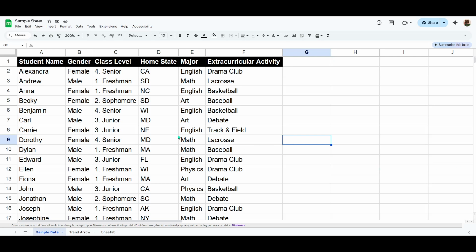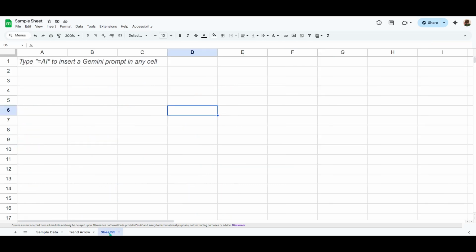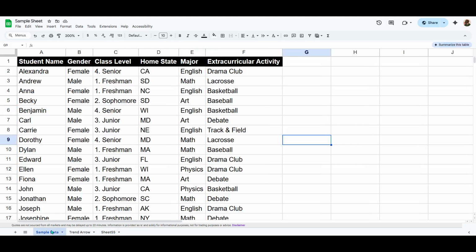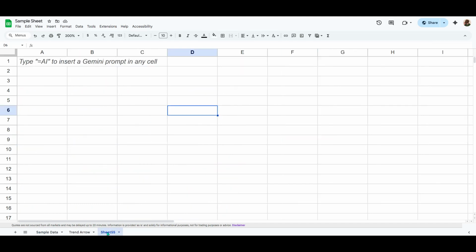First, let's start with how to hide a tab. If you take a look at the bottom of your Google Sheets window, you'll notice a row of tabs corresponding to each sheet within your document. These represent different spreadsheets contained within your overall Google Sheets file. Find the tab you wish to hide. This is especially useful when you're looking to declutter your view or keep certain sheets from being immediately visible to